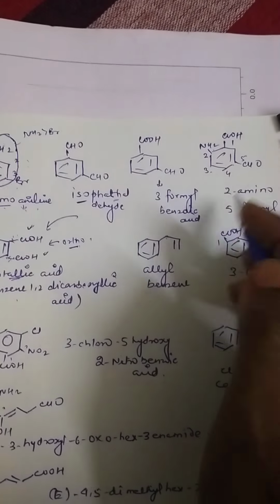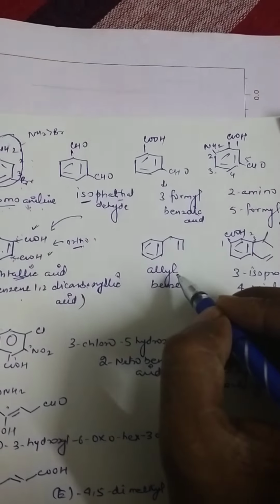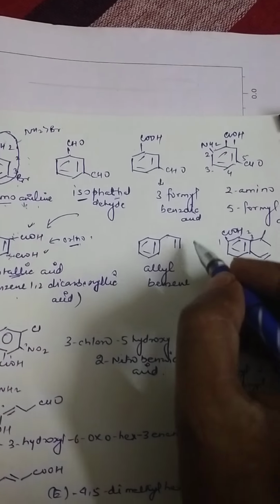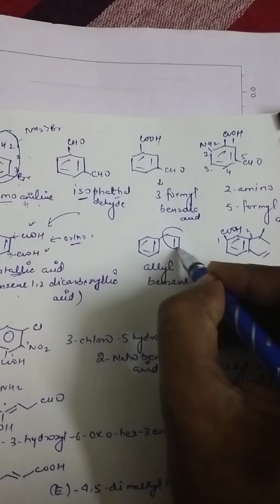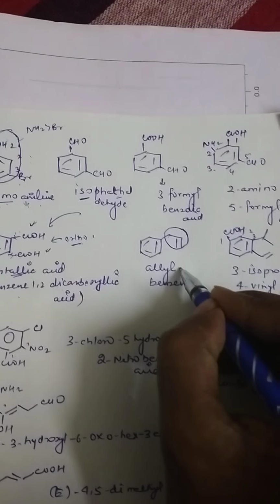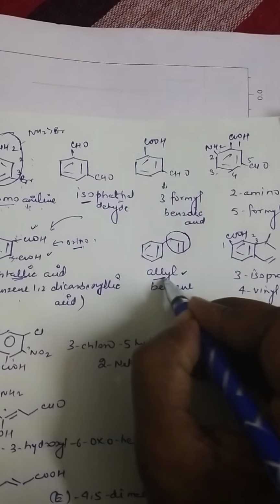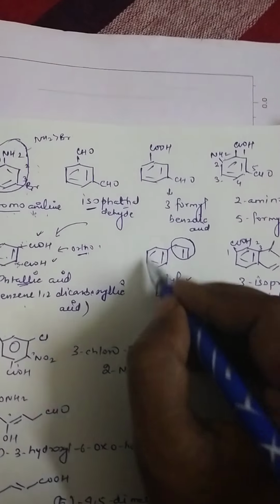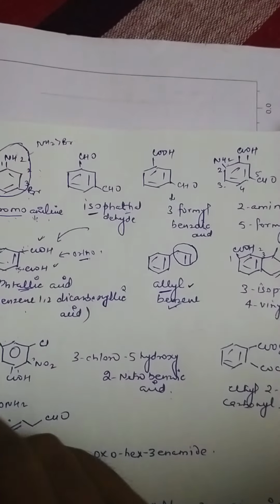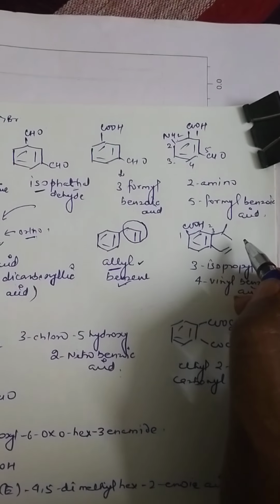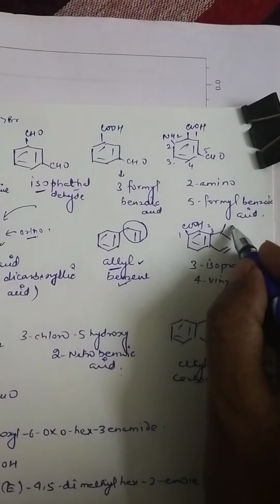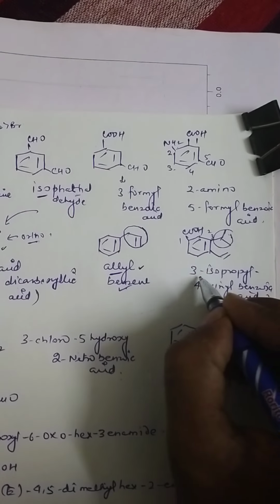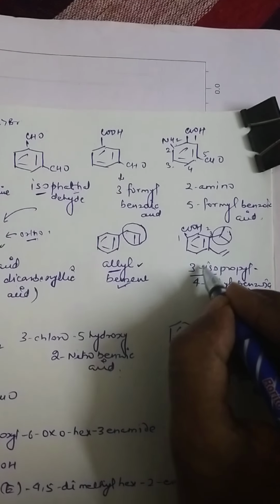So it is another name of this molecule. Similarly, if you see this one, this is called the allyl moiety. First of all it acts as a substituent here, so you note first allyl, then benzene. So allyl benzene is the name of this molecule.